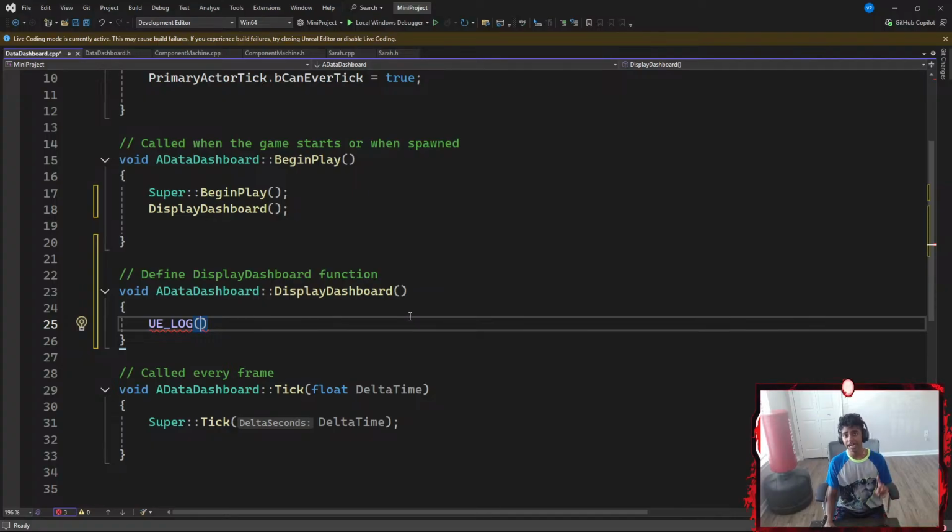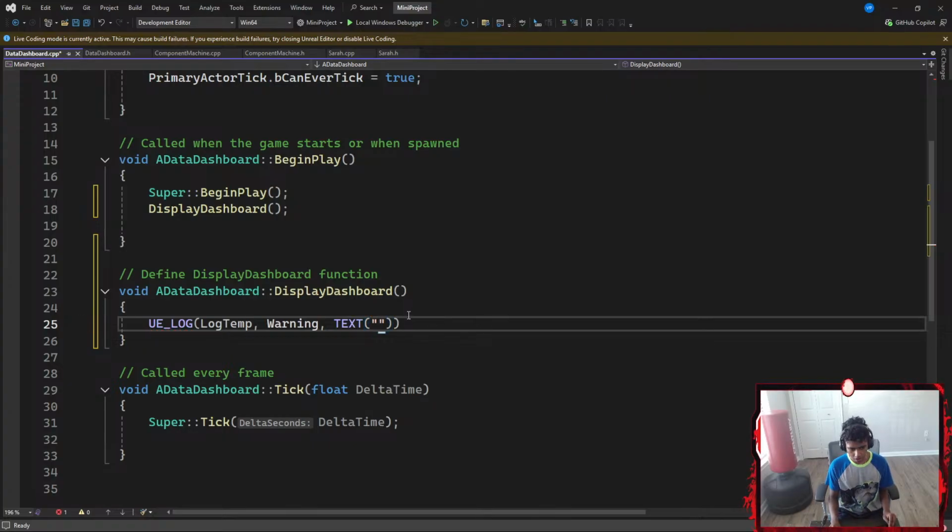If I'm copying exactly what the output expects, firstly I'm going to add LogTemp for my category name, and for my verbosity I'm going to go with Warning.